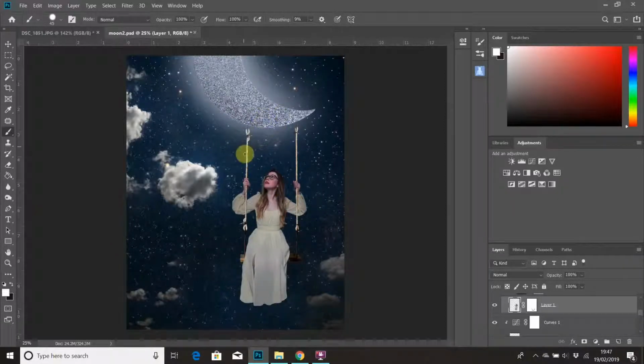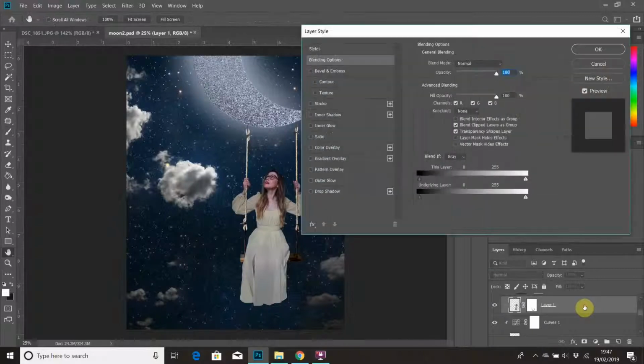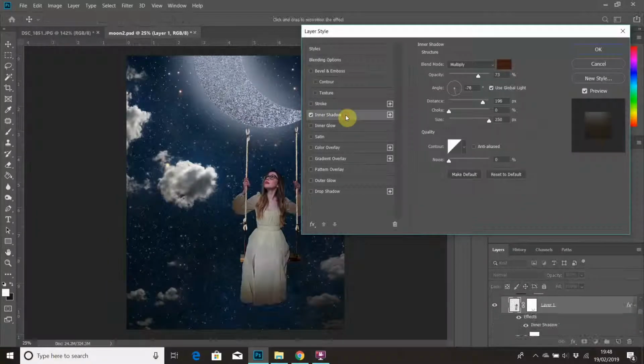So to make this image work, I need to get strong highlights around my head, and then some shadow coming in from underneath. The way I did that was to go down to the layer that I'd cut out of me, and if you double click on it, it brings up your layer style panel. We'll do the shadow first. If you go to inner shadow,